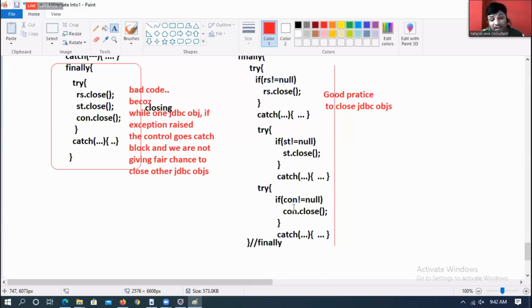DriverManager.getConnection with a wrong URL may fail to create the connection object. con.createStatement may fail to create the statement object. At that time, st, con, rs will hold what? Null. When they are null, if we call the close method, is there a possibility of getting a null pointer exception or not?